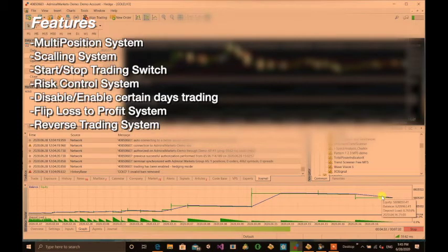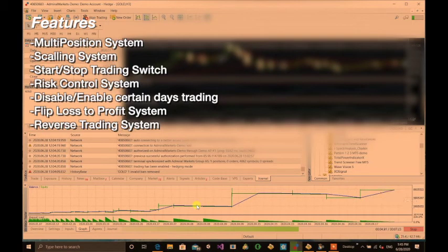No, you didn't lose 1 million. You're gaining because the system's still working. So you could stop the system here. There's a switch in the inputs that you can use to stop the trading. So it will stop totally, and you can then take your money. Now you could have stopped here,